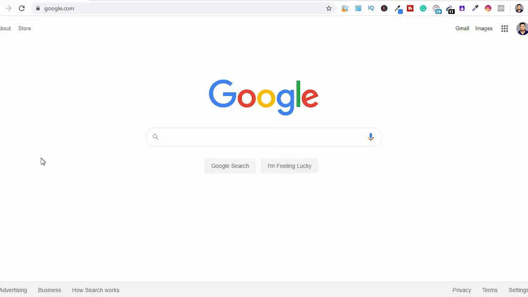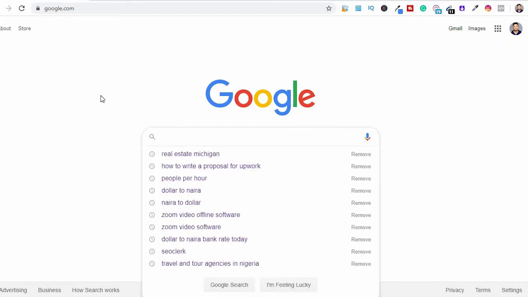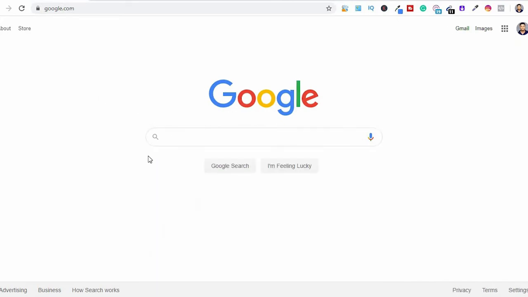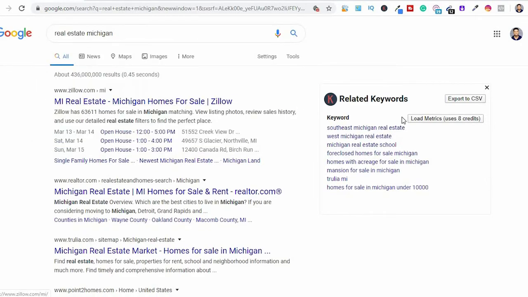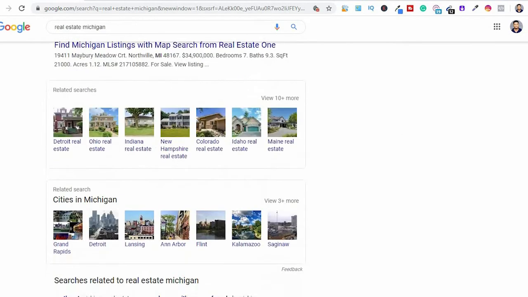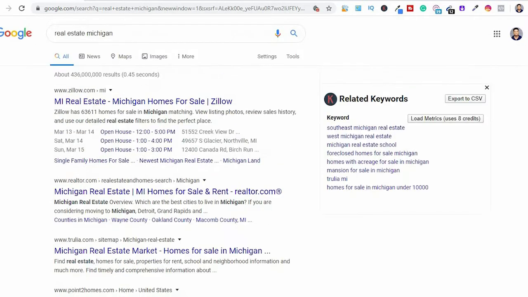Now let's get started with this particular method. The first thing you want to do is come over to Google and get started. I'll just run a quick search, because I was actually making some searches on Google already. I'll just type in real estate Michigan right here, and I got a bunch of search results. We can target any business in any district, but I prefer top tier countries, especially the United States, because most of the businesses there can actually afford to pay for certain services, and they understand digital and online marketing as well.